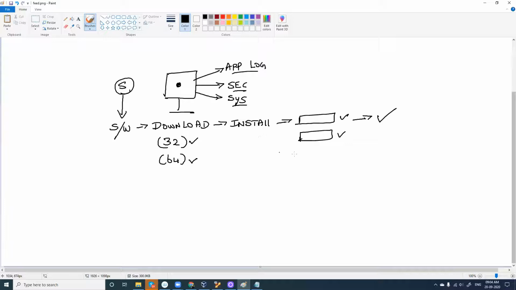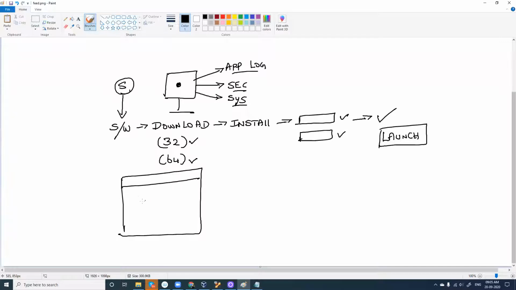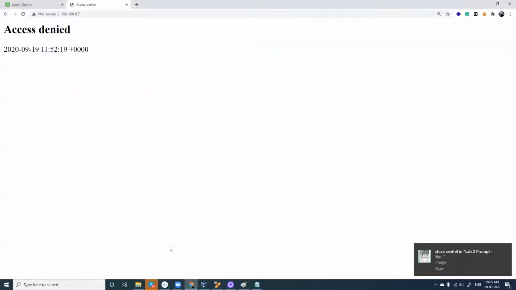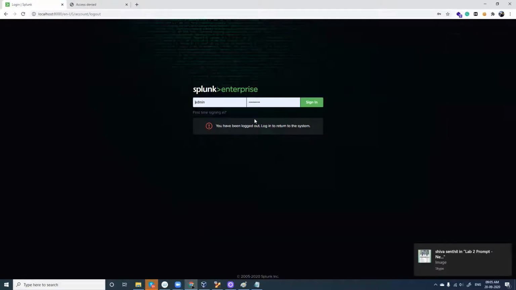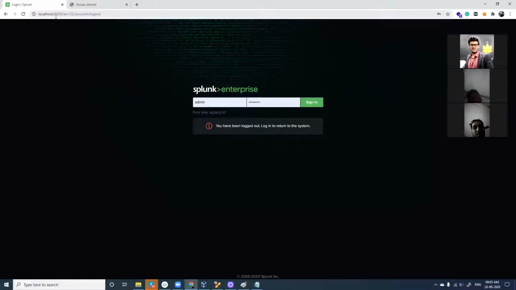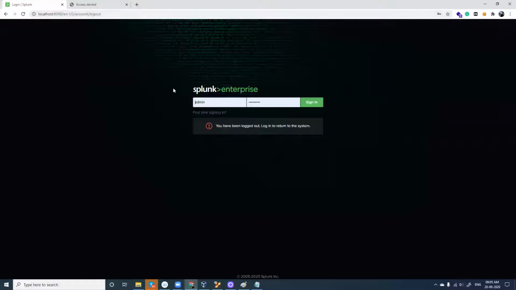After installing, if you click launch, you'll have an icon called launch. When you run this, it will open up in a browser like this. In your browser, it will come up with the username and password, and this will be the Splunk login page, just like this. You'll have Splunk Enterprise. This Splunk uses port number 8000, and it runs on your localhost. I have created my default username as admin, and I've kept some password. After entering your username and password, if you click sign in, it is going to log in.